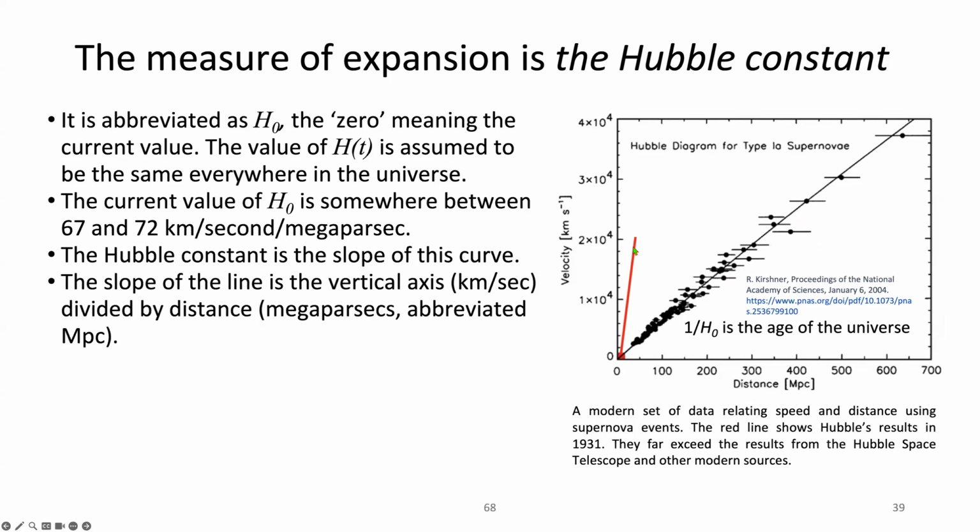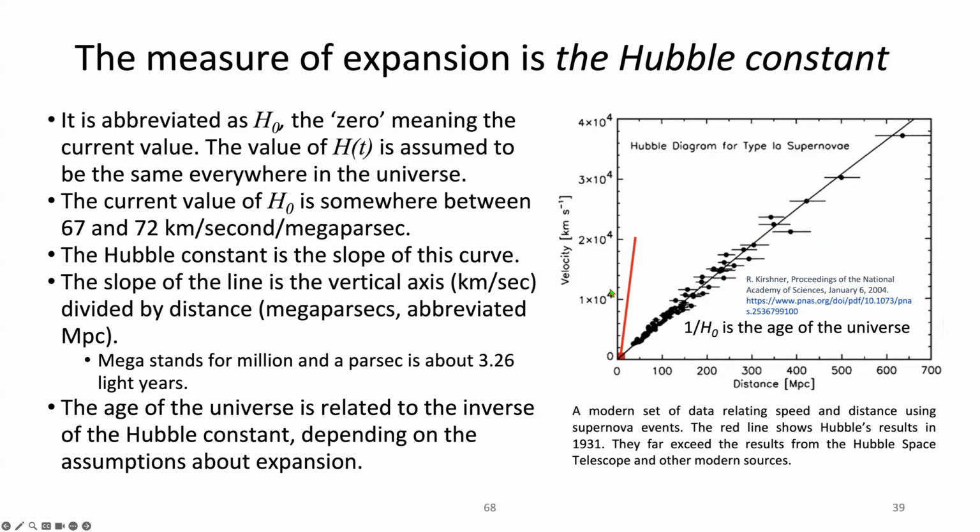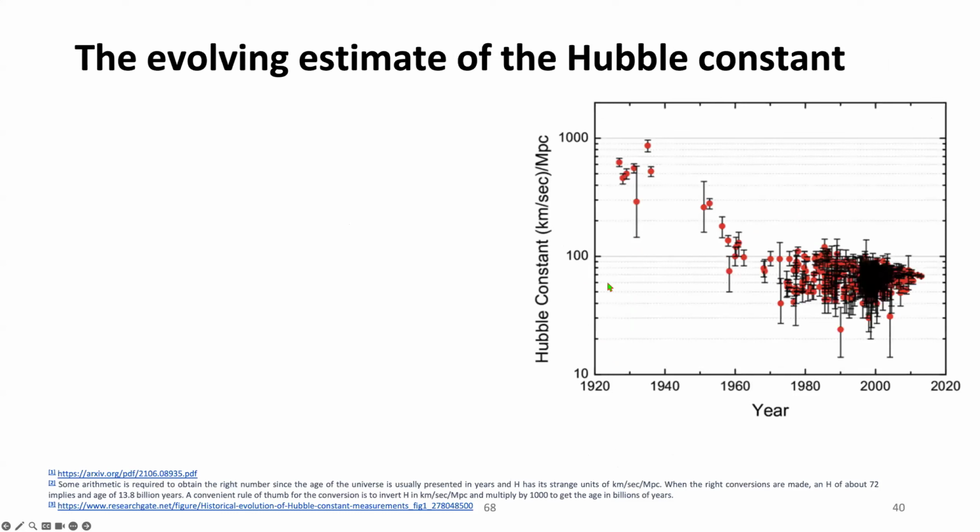And this is, I've added this to Kirshner's drawing. This is Hubble's prediction. And over the years, the estimate of the Hubble constant, which started with Hubble back in the 1920s, we now know that the number is down here around 70. But this had some interesting implications for how much we could rely on this measurement,